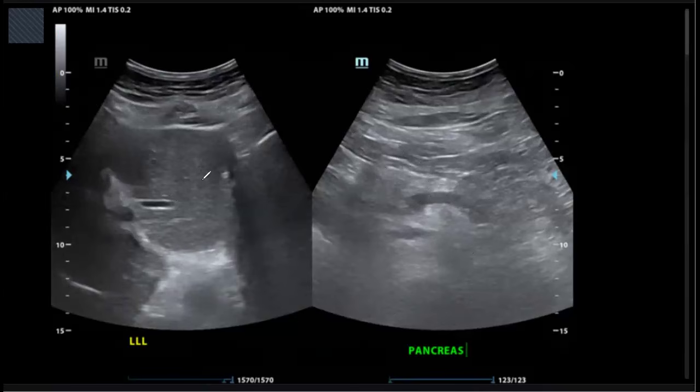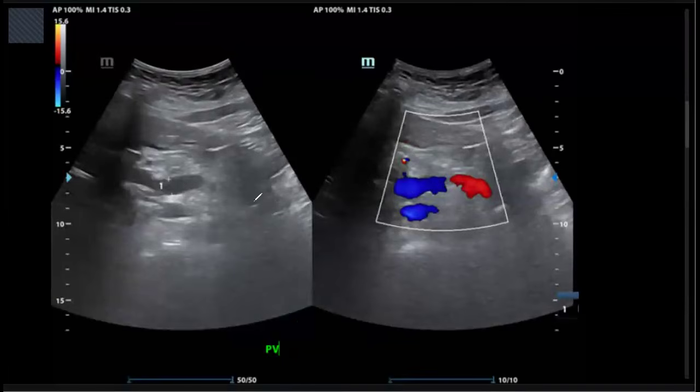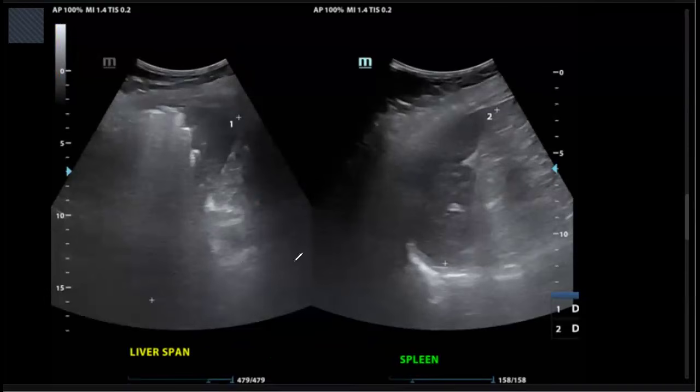The visualized portion of the left hepatic lobe is seen normal with no focal lesion or any coarsening of the parenchyma, and also the right liver lobe visualized portions appear normal. Some periportal thickening is seen here, and the portal vein is seen of average diameter and color filling. But here in this area of the liver, you can see a gas containing lesion